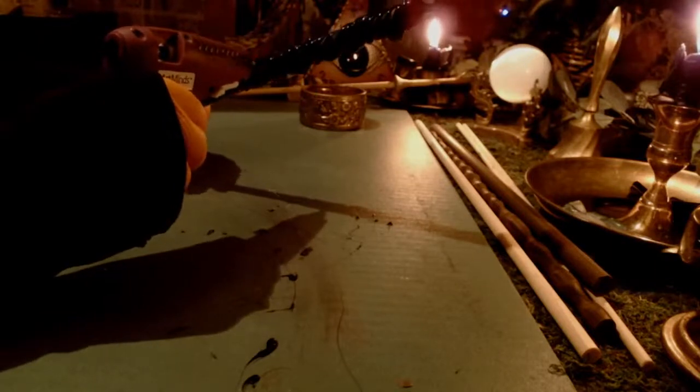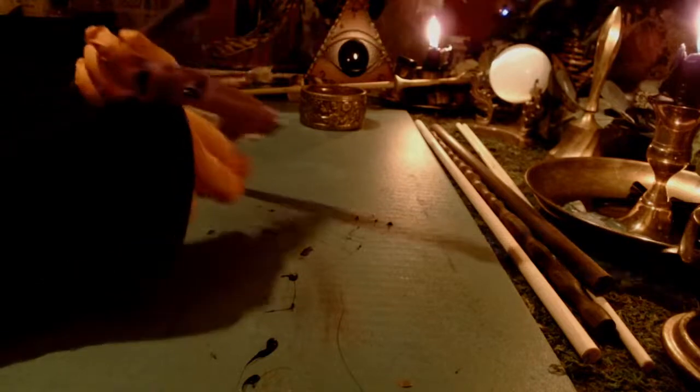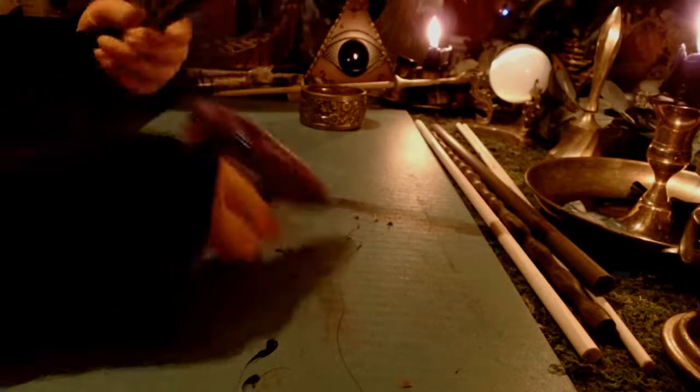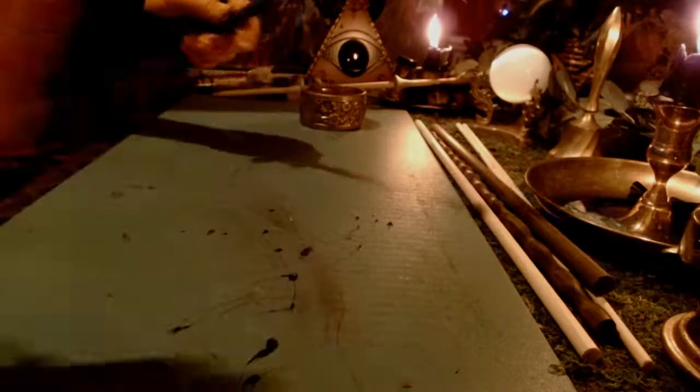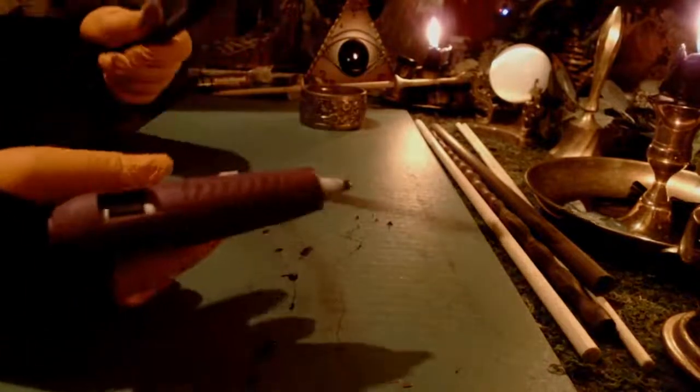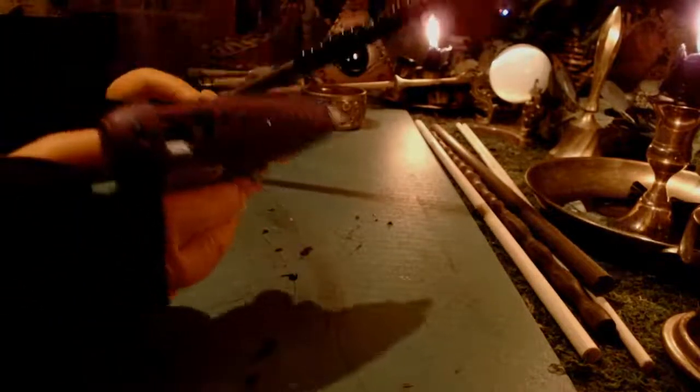Get all the gunk off of it. And I want to put some kind of termination. Oh gosh, whew. Spiraled right out of my hand. Maybe just kind of converge these into like